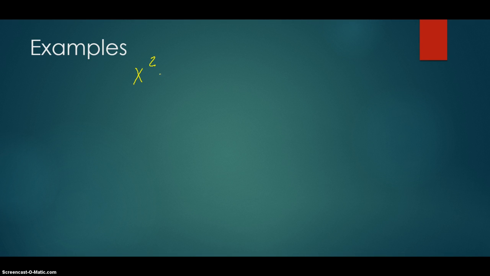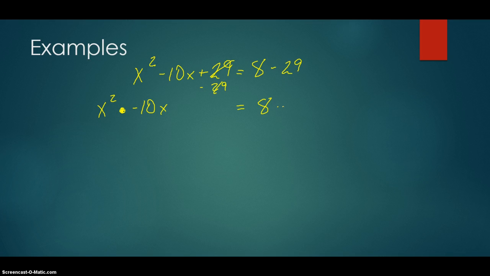x squared minus 10x plus 29 equals 8. There's a very specific order of steps to follow when you're doing this, so I'm going to talk about it, and then I'm actually going to show you the steps written down in plain English. But the first thing I want you to do is rearrange this equation. All constant terms need to be to the right of the equal sign. Now, of course, I can subtract 29 on both sides, and that's going to do it for